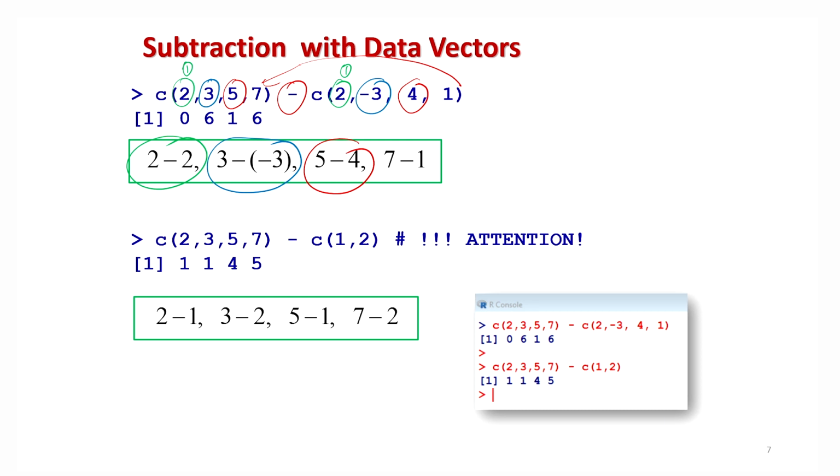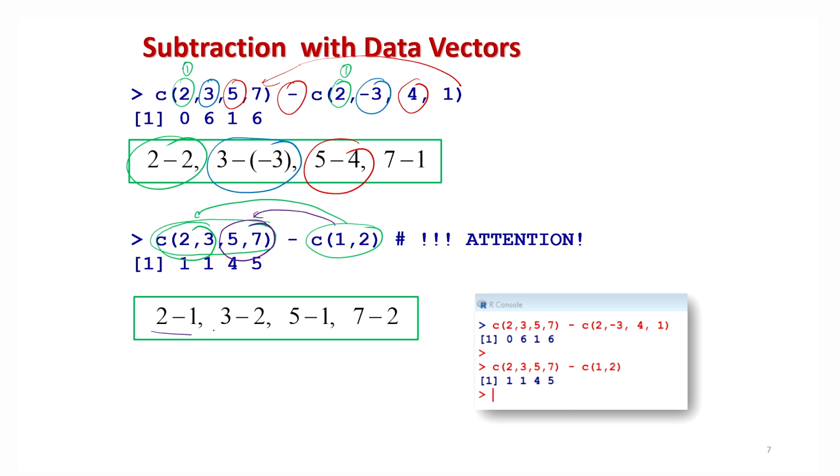Now, similar to the case of addition, let me take the next example where the first data vector has 4 elements and the second data vector has 2 elements, such that the number of elements in the shorter data vector is an exact multiple of the number in the longer data vector. Right. So the same operation comes here, that this C12 gets operated first over this C23, and then after that once again it comes and gets operated over 5 and 7.